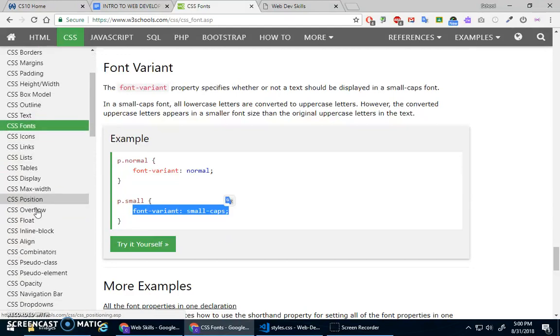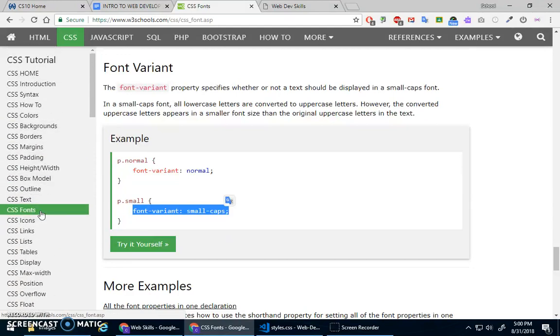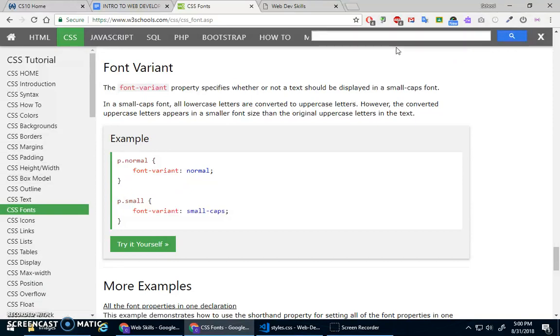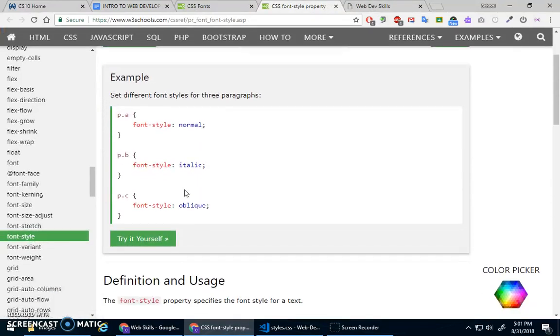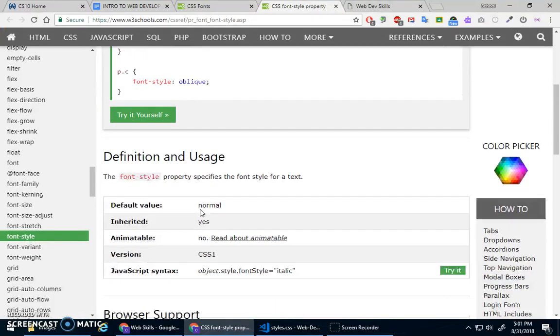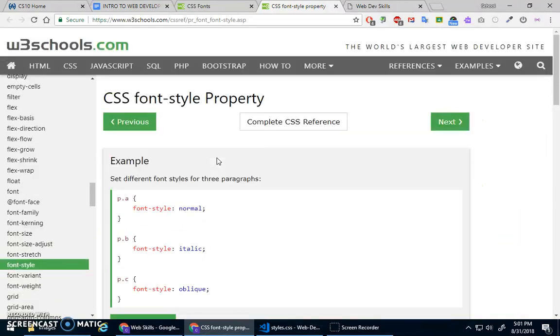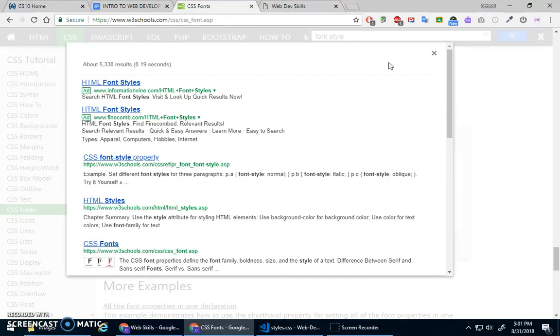So again, in the CSS tutorial, I know there's a lot of information here. I'm kind of trying to narrow it down to the most important stuff you need to do. And you can always search too, right? Remember, if you're like, what was that? There's something about font style. Just search font style and ignore the ads, but go to the CSS font style property, and it'll give you a review of all the different things you can do and how it's used. Okay, but we wanted to go